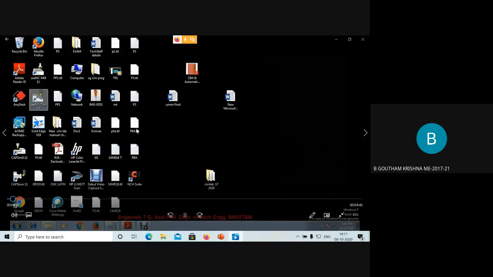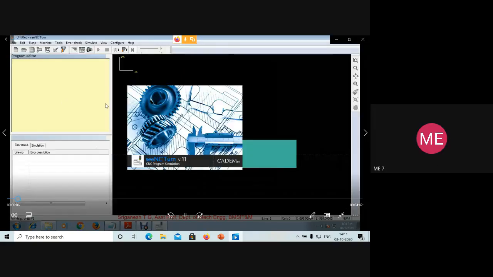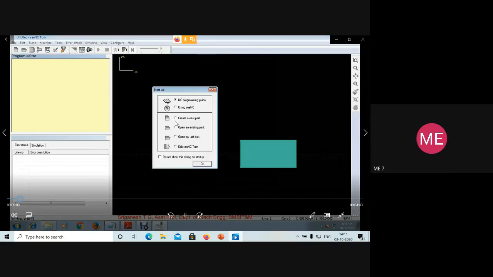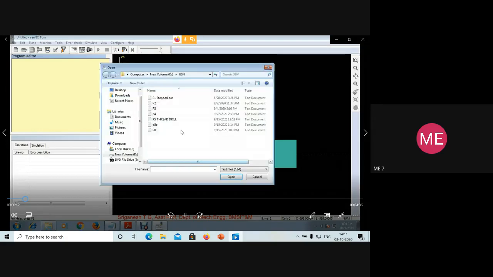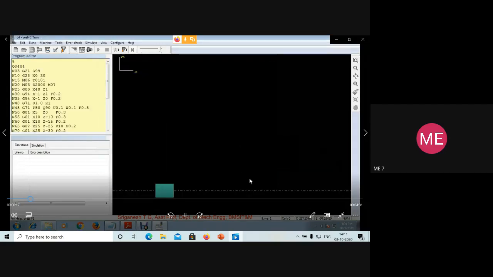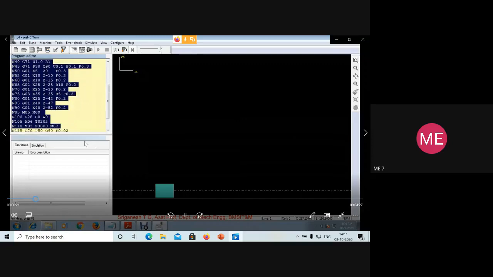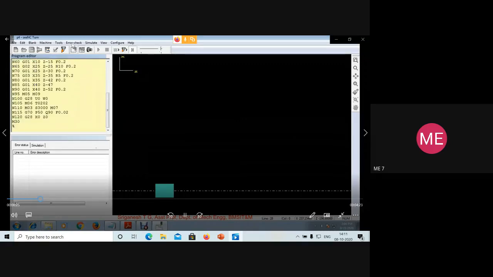So now again, firstly, you will double click on CNC turn and the window opens. Then you will go to the library and select the existing part program that you have written in the notepad. We are with program 4 currently. Select that, and the entire program will be displayed. You will select the entire program and check if there is any error. If you click on error check, it shows you any errors. If not, then we can proceed further.